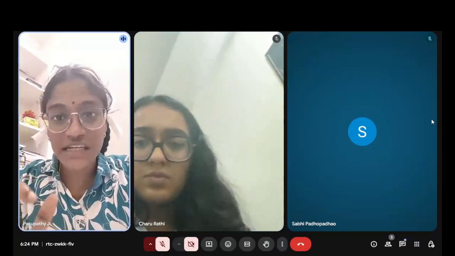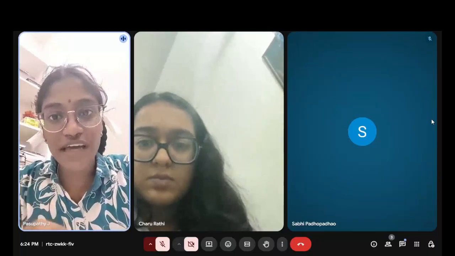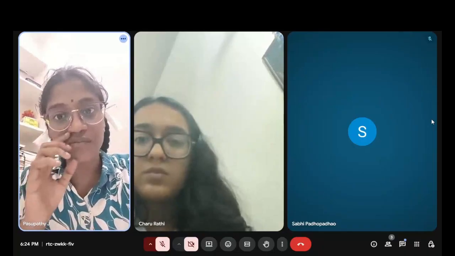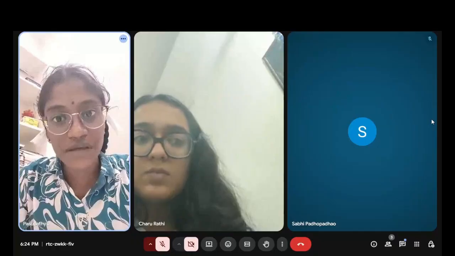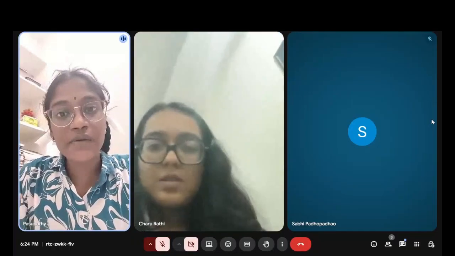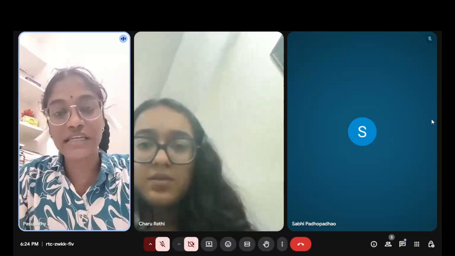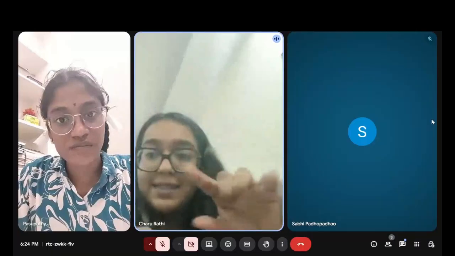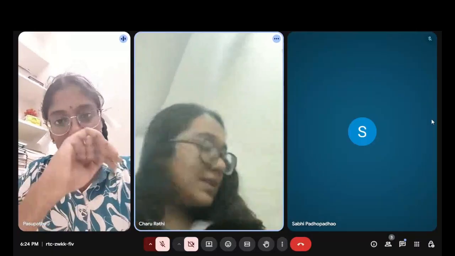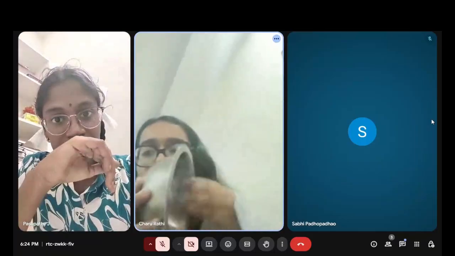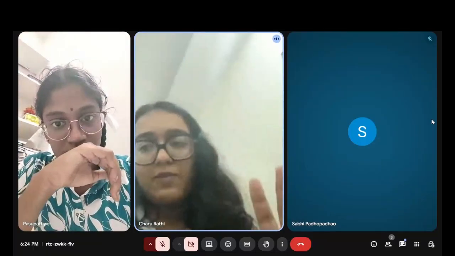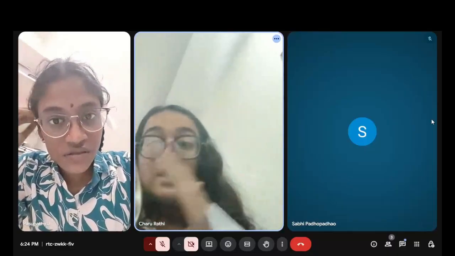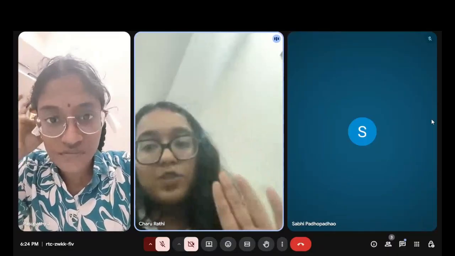Ma'am, if they give the magnification and the distance between the object and the mirror, I'm unable to find which value I should take, negative or positive. Okay. So if the image is on the right side of the mirror, just imagine this is my mirror, I'm talking about a concave mirror over here. If my object is in front of the mirror, where my object should ideally be,